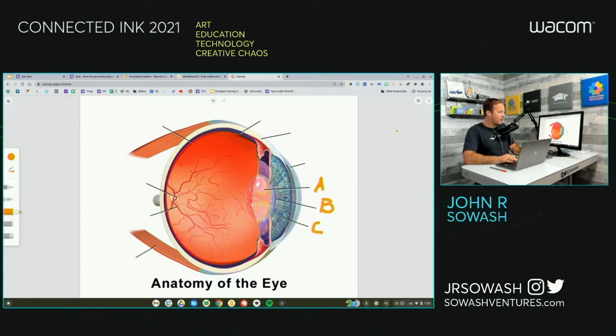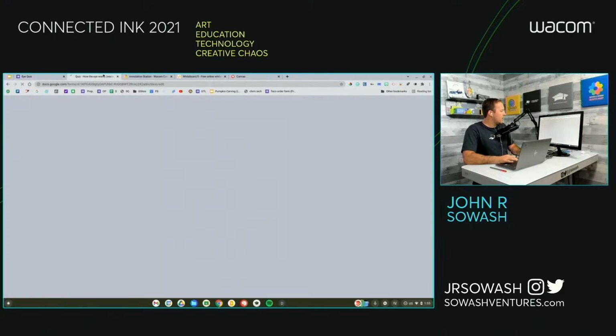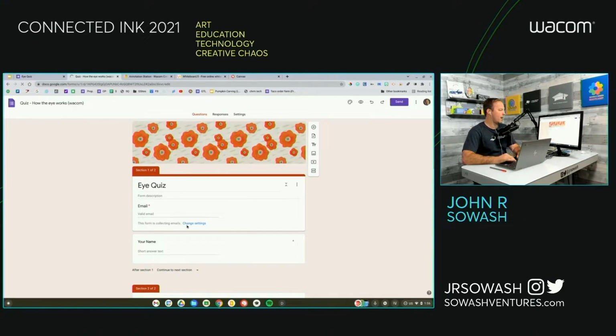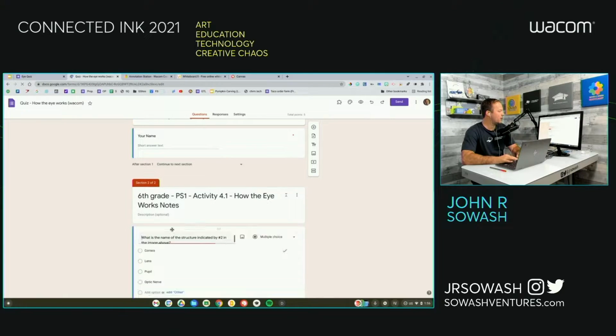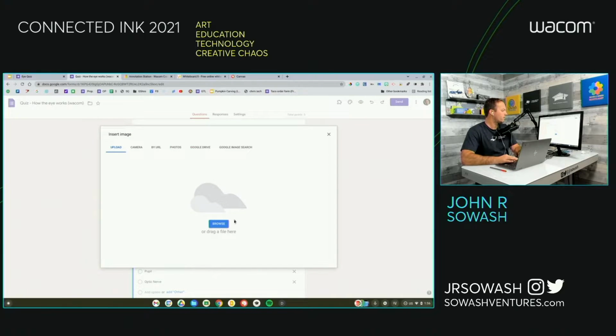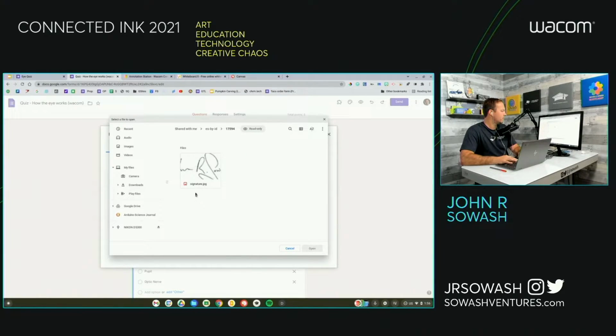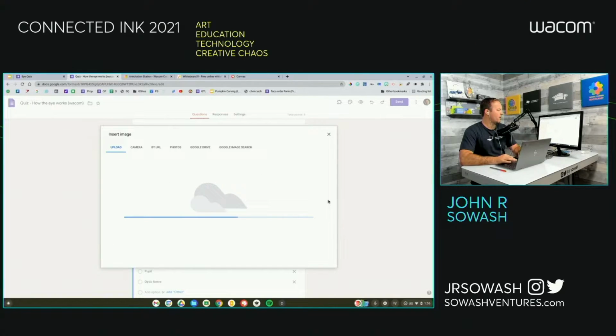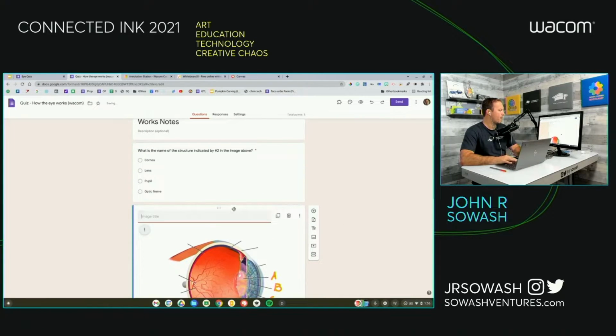Now, the last thing I'm going to do is download this image with my annotations. This is my quiz, and I'm going to add that image into my quiz. So this happens to be Google Forms. You can use this with a lot of different quiz applications. Let me go ahead and add an image. We're going to upload that image we just saved. There we go. And that will sit in my quiz, and then I'll be able to write my test questions,